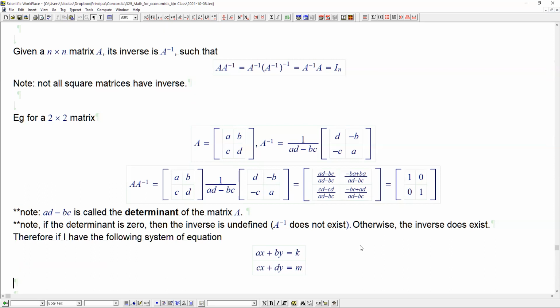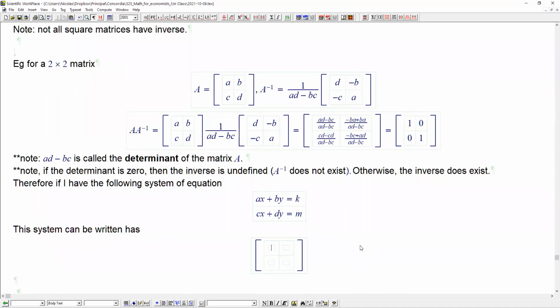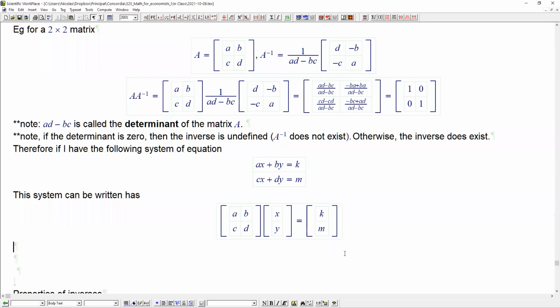Then this system can be written as a matrix with entries A, B, C, D, which multiplies my two variables, x and y, and here equals my right-hand side. This system has a unique solution